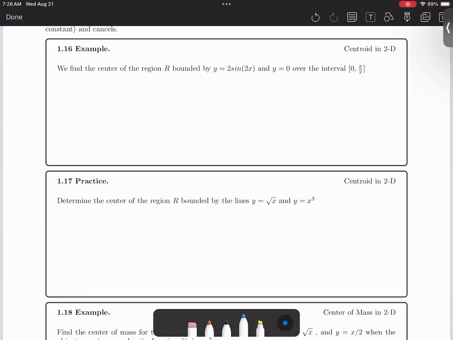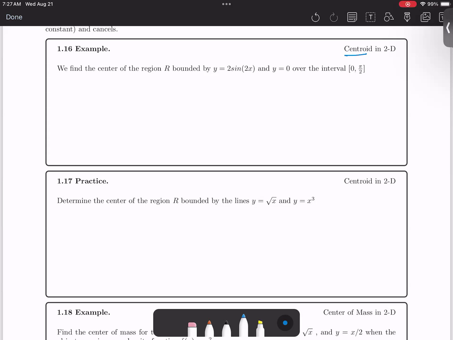Example 1.16 is going to find a center of mass in a two-dimensional system. So we are going to have a region in the plane or an infinitely thin plate and find the center of mass. Here in this example, there is no density function. It's uniformly spread out. So if we're trying to find just the true center of an object, it's what's known as finding the centroid. So if our density function is a constant, the centroid will be the same thing as